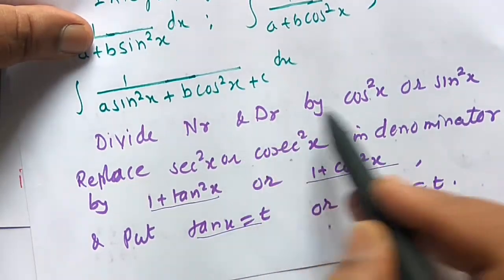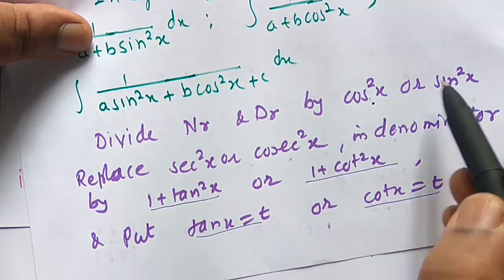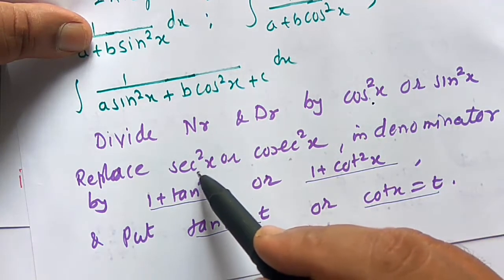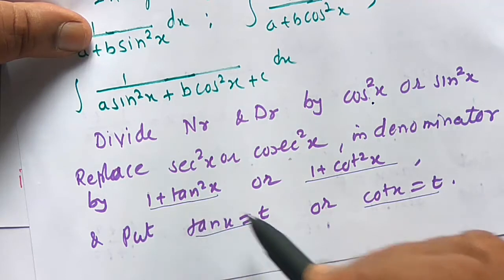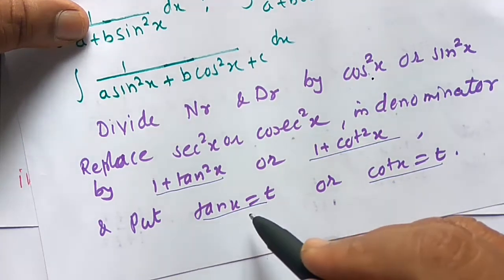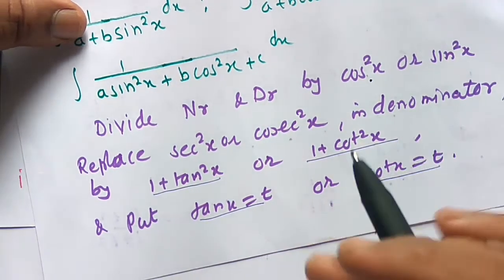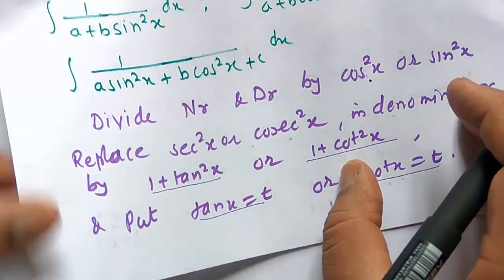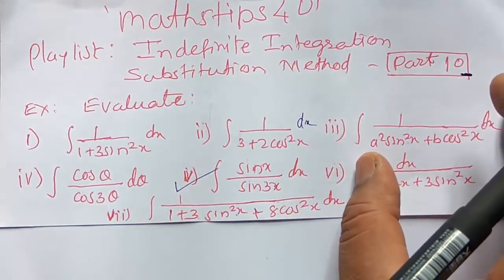multiplying the numerator and denominator by cos square x or sin square x, and replace sec square x or cosec square x in the denominator by 1 plus tan square x or 1 plus cot square x, and put tan x is equal to t or cot x is equal to t, and we simplify this and we have solved some examples on that. Now in part 11,